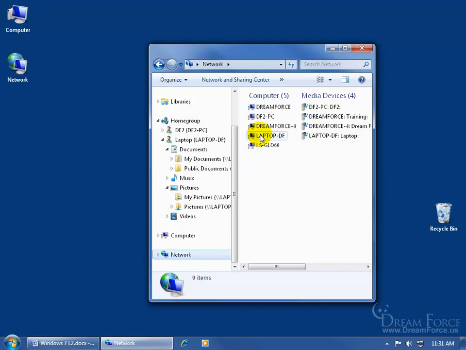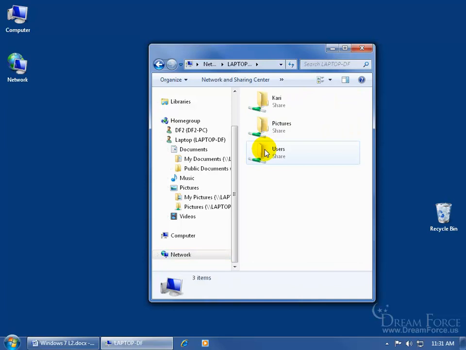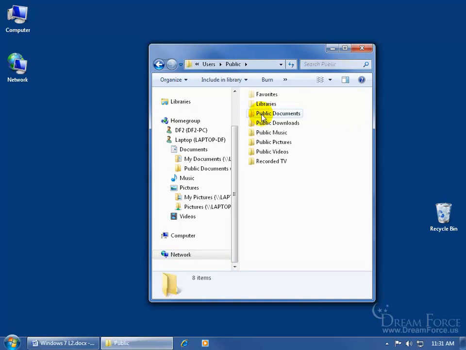But if not, then I would have to go through the back door here as we just covered. Double click the laptop, double click on users, go to his public folders, public pictures, and there's the photo right there. I don't know about you, but the home group seems a little bit more coordinated or organized